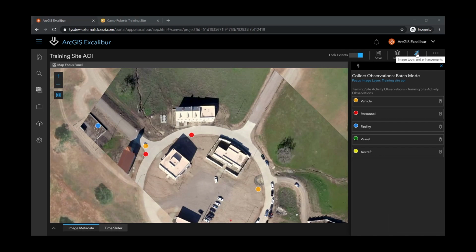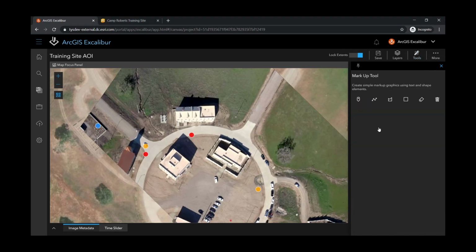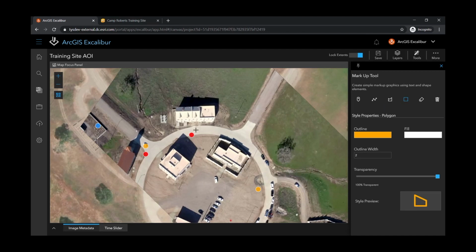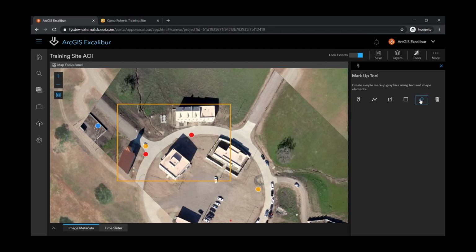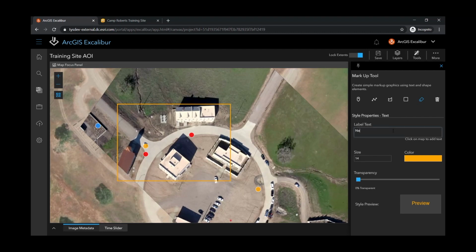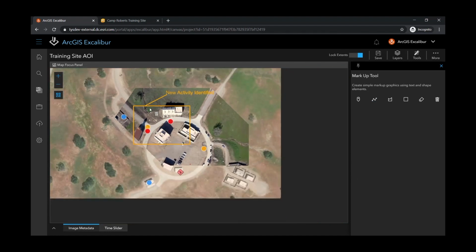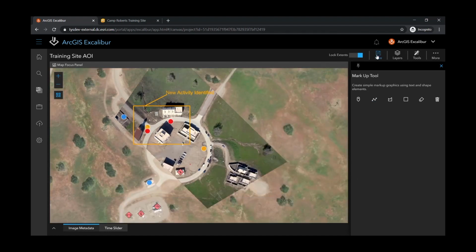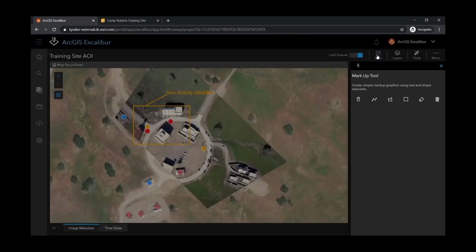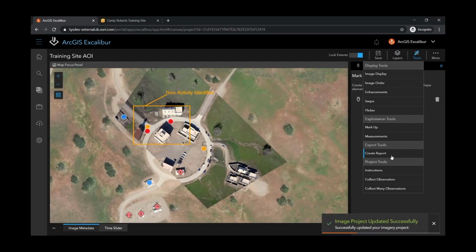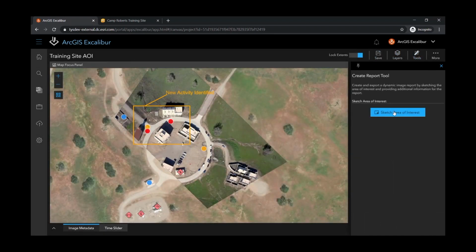I can utilize the markup tools to add these annotations to my image. I can add a label and can connect that label directly to my callout. Now that this has been accomplished, I can save my work and I can use the Create Report tool to